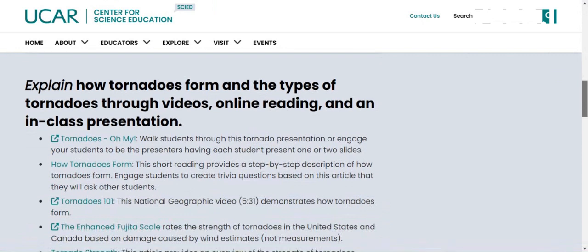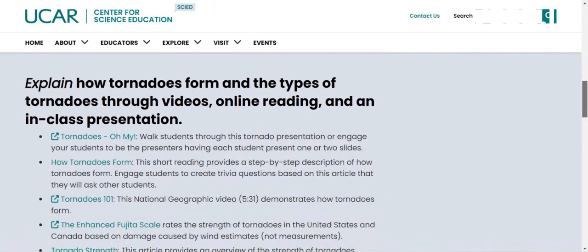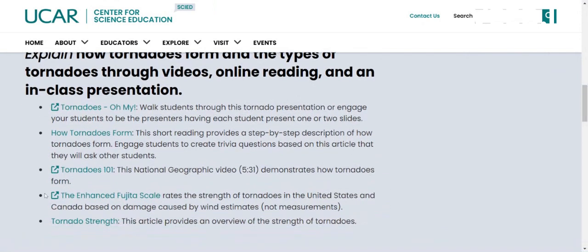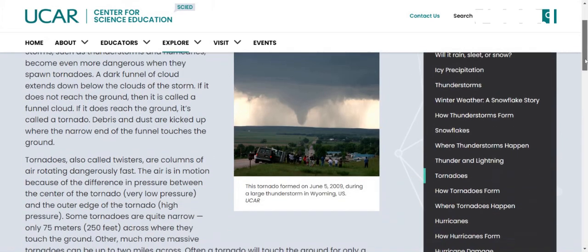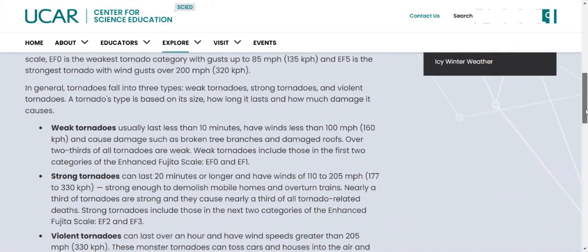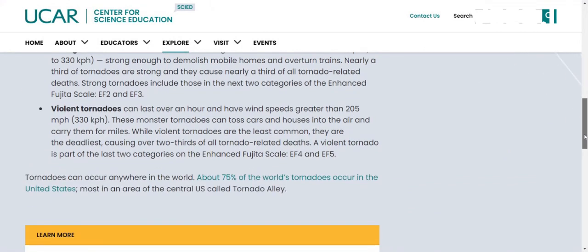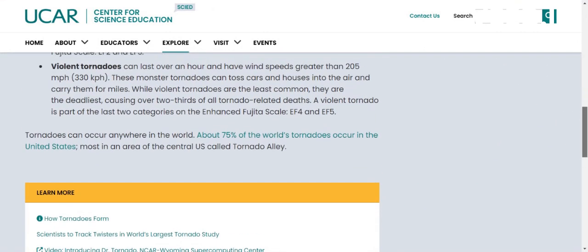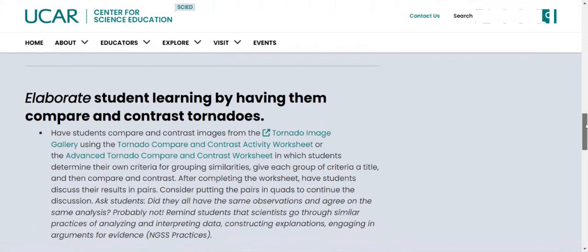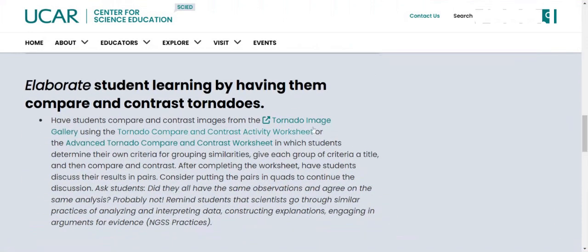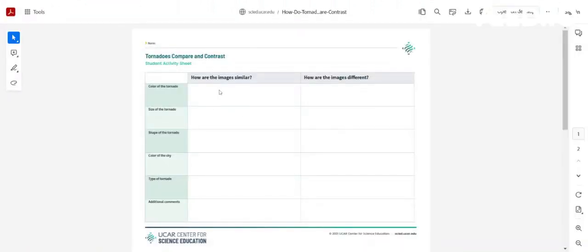You can do this for an independent reading activity. They can come in and read about a tornado's strength, and you could do weak, strong, violent. They can learn, as you can see right here, that about 75% of the world's tornadoes occur in the United States, which is pretty cool. And with that, you can do an activity where they do a compare and contrast. So they can come in and say,